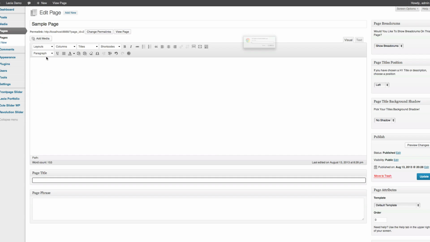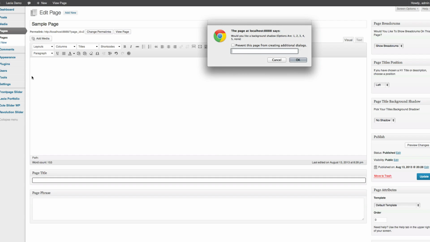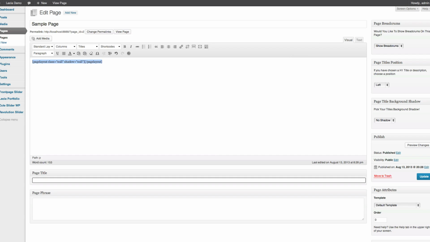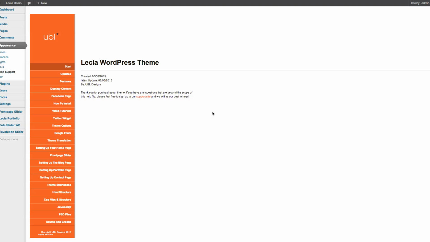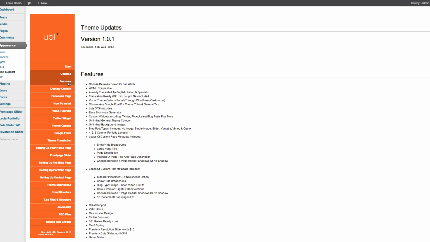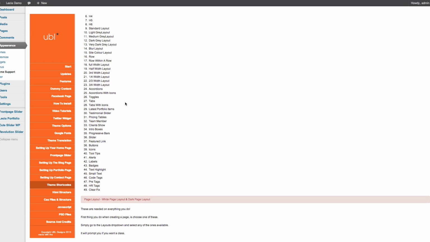So if we go to a standard layout to start with, it'll ask you if you want a class. Within the documents, help documents, which can be found, I'll show you. If you go to appearance and then themes, you'll come to this section, theme support. If you click on theme support, you'll get a nice little documentations of the whole theme. Now within here, if you go to shortcodes, which is theme shortcodes, all the way down here, it tells you